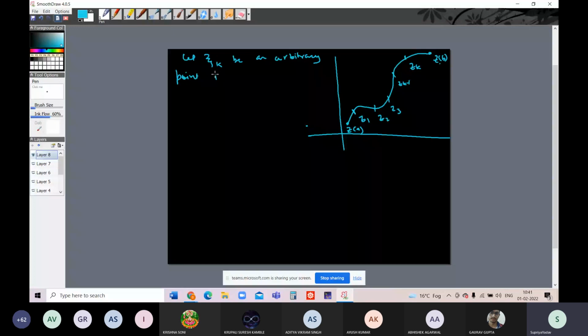in this interval jk minus 1, jk. So xi k is any arbitrary point, because there are infinite number of points between this interval jk minus 1 and jk. So we are choosing an arbitrary point between them, which is xi k. So xi k is a point that lies between this interval, and we are defining a sum here